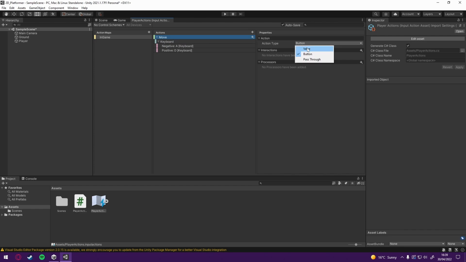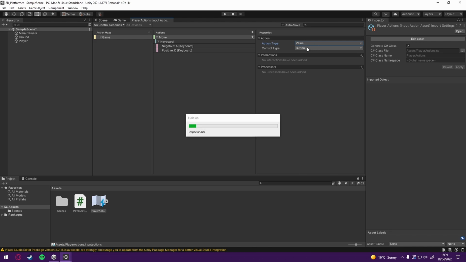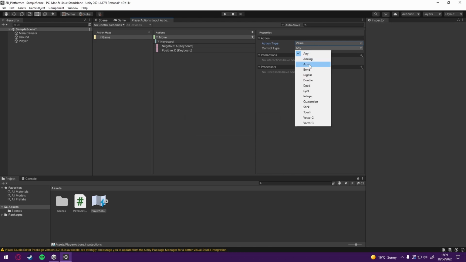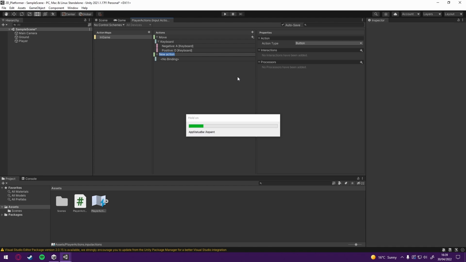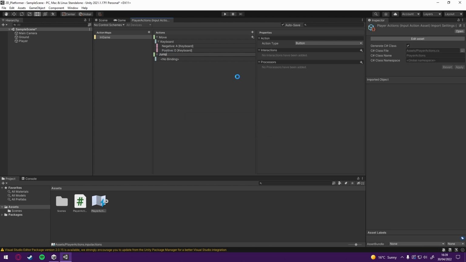We want to set this to a value. Control type reads axis. Turn this into an axis. Then after we've done that, we want to add another action, and we'll call this jump. Then we're going to bind jump